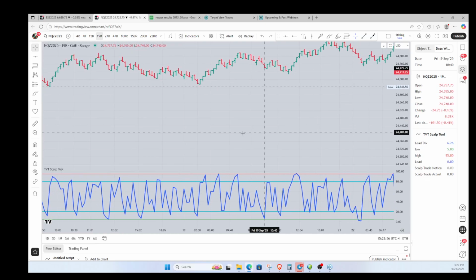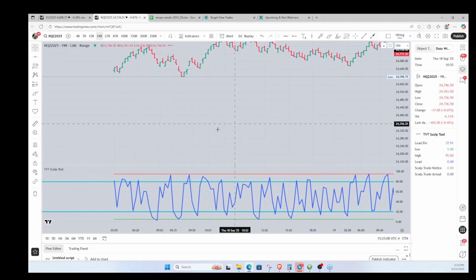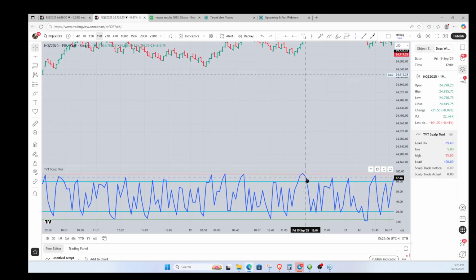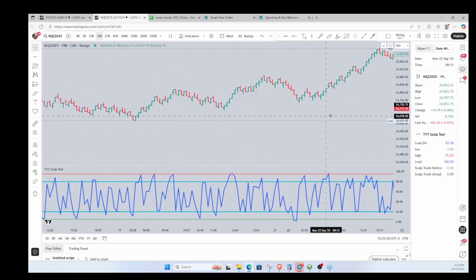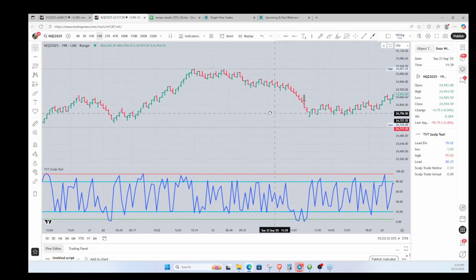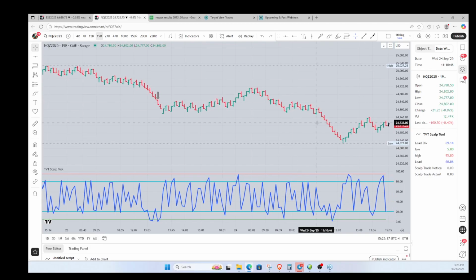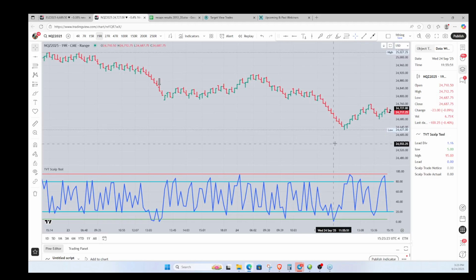But if you learn how to do just one thing, and I'm going to make this better so it's more intuitive and easier for you to see, you won't be looking for the fade going up. You'll be looking for when it turns down. But if you want to just take this piece that I have done right now, this works great, and I've made a bunch of money with it. If you want to run with that until I make it better for you, with arrows and lines and all that stuff,